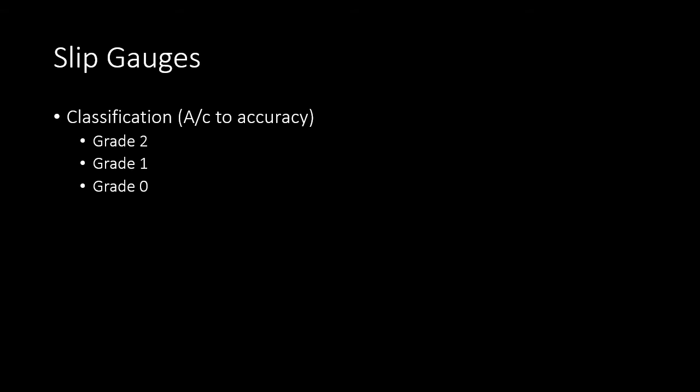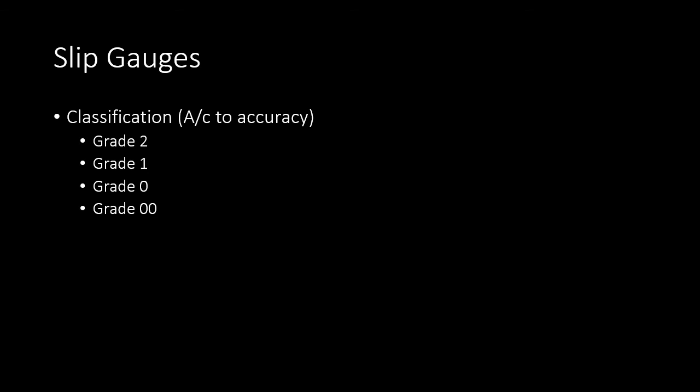The next higher accuracy grade is grade 0. This is commonly used for inspection purposes, and they are confined to tool room and machine shop inspection. This means that the inspection department is the only one that has access to this grade of slip gauges. In this way, it is not possible for grade 0 slip gauges to be damaged by the rough handling expected on the shop floor.